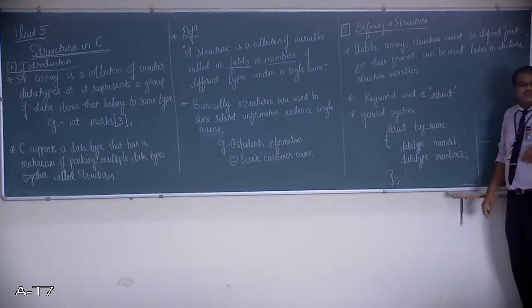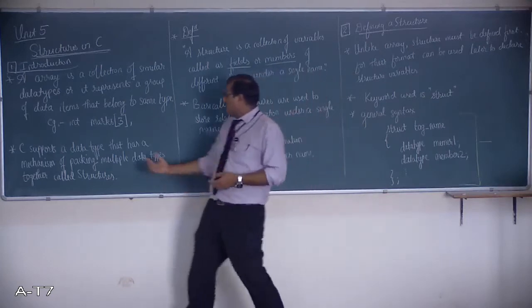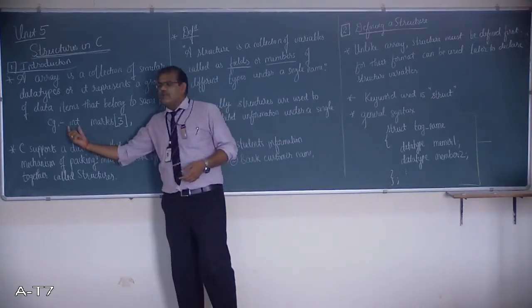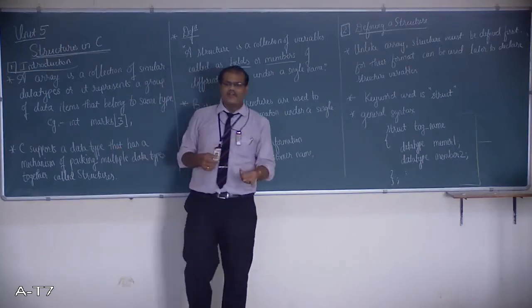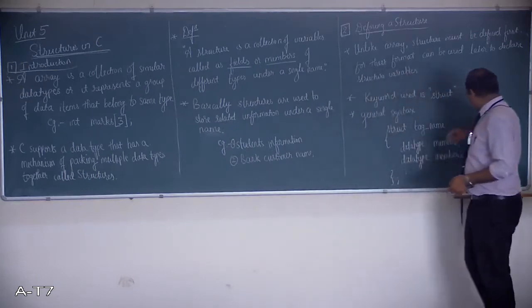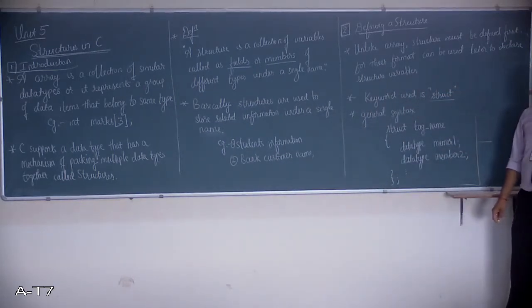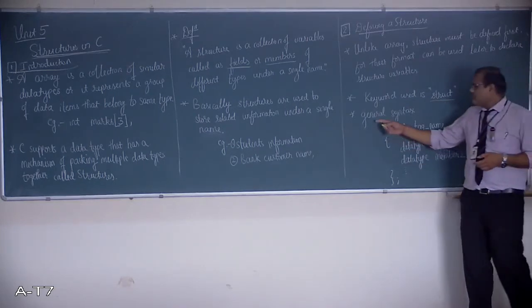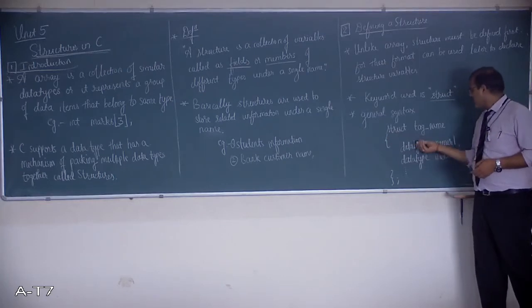Now, we have certain rules as we have for any other variable, like marks. Int is a keyword and marks is a user defined variable name. Similarly, for structure we have a keyword called struct, S-T-R-U-C-T, and we'll see the general format or syntax. We have struct, then a tag name.